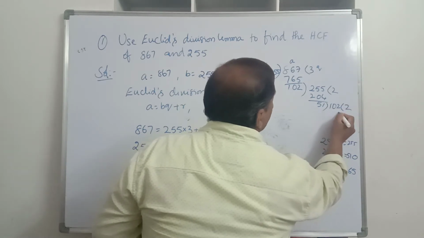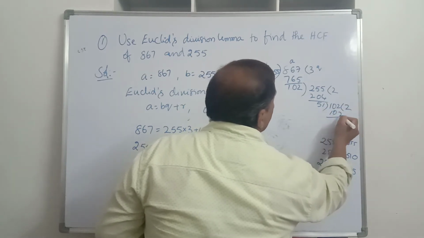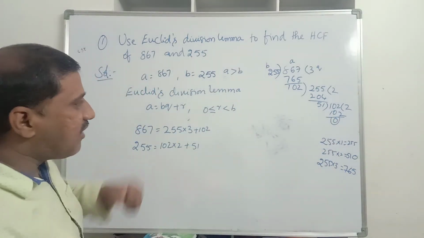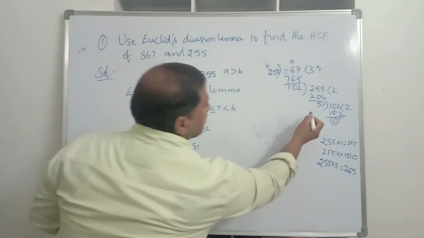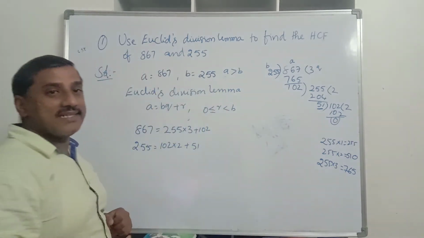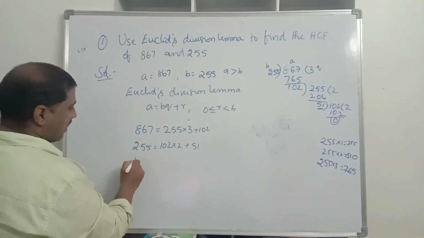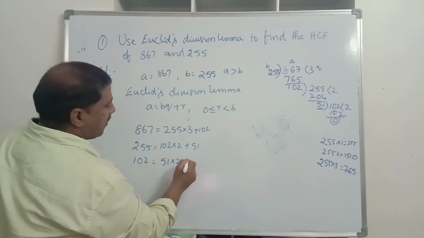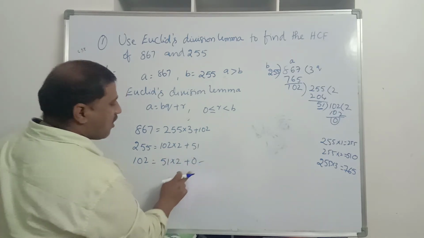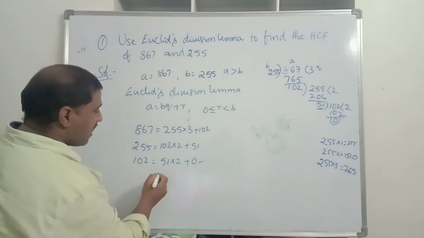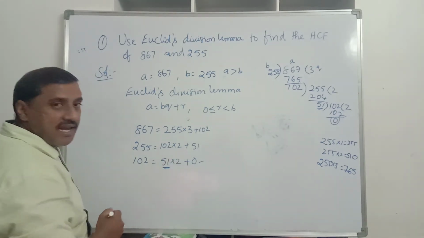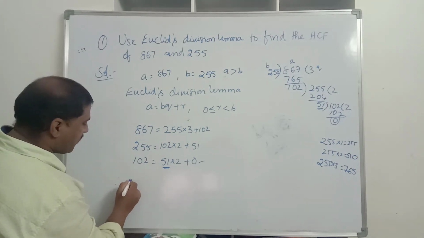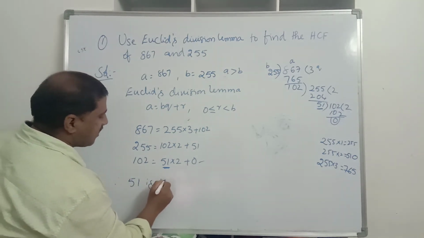2 ones are 2, 2 fives are 10, 102 it is. Now 102 minus 102 is equal to 0. Now we got the remainder 0. Therefore this 51 is known as the HCF. Therefore 102 is equal to 51 into 2 plus 0. Now as we have got 0 as the remainder, this divisor value 51 is the HCF of the given two numbers. Therefore 51 is the HCF